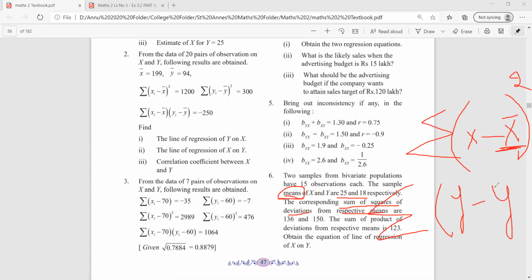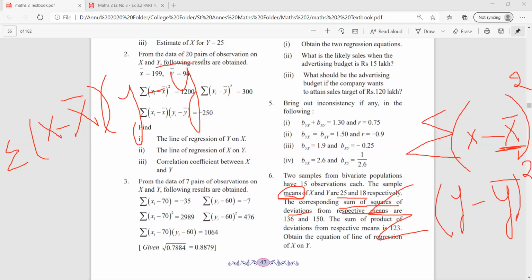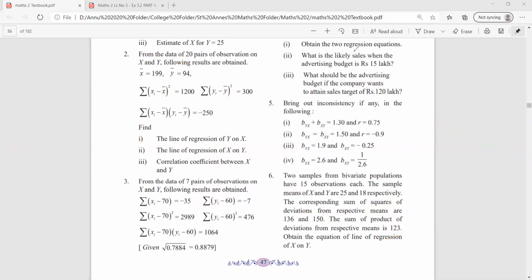तो एक 136 दिया है और एक 150 दिया है. Understood? इनका नामकरण कैसे चेक करना है आपने? तो वापस से बता देती हूँ. Sum of square of deviation from mean. Okay, अभी ये वाला बताओ. Sum of product of deviations from the mean. So product means multiply, deviation मतलब minus. तो summation of x minus x bar into क्या होगा? Complete the statement, y minus y bar. Very good. So followed the names. जैसे ही product आया मतलब इसकी बात कर रहे हैं. जैसे ही sum of squares आया इसकी बात कर रहे हैं. Keep that in mind. So remember the first 4 words. Sum of square means variance की बात हो रही है. Sum of product of means covariance की बात हो रही है.